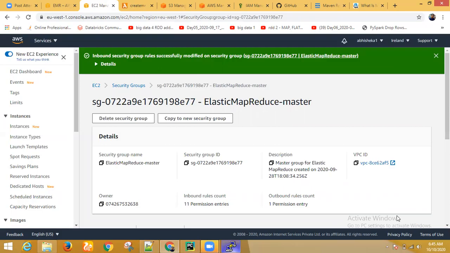Just like user ID and password, two things are required to connect to a system. Similarly, here the private key as well as IP address whitelisting are required. It's not like if you have the IP, or if you have this access, then you will be able to connect. So it's two-directional. Both options are required to be enabled.